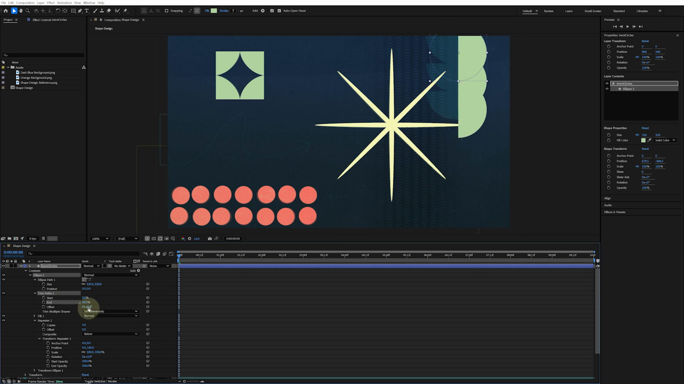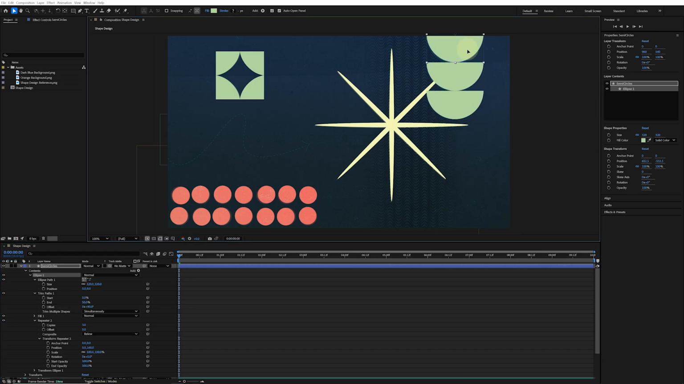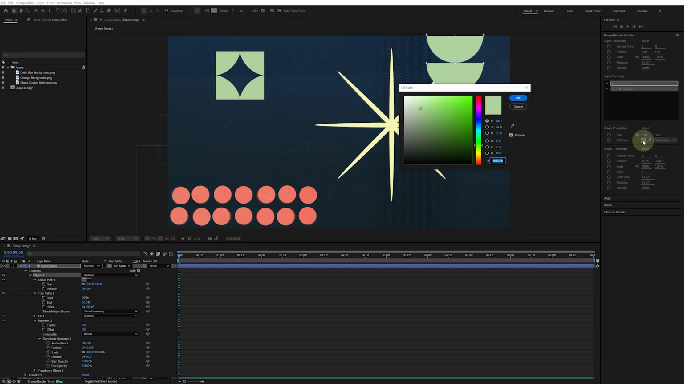Perfect. You can use this offset value to rotate that around. Hey, that's pretty cool. So if you set that to exactly 90, it will be perfect semicircles. Let's again use our selection tool, move that up into place. And we need to change the fill color. So let's click on that color chip, and that should be